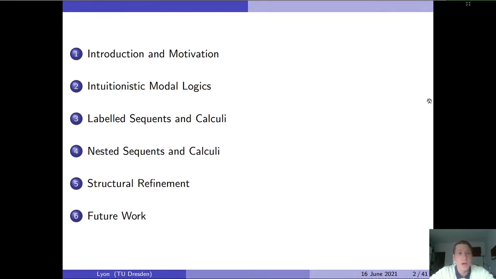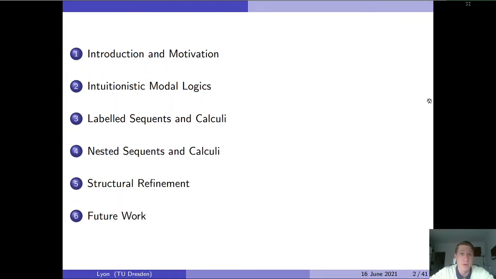So just a quick overview of the talk. What I'll be doing next is I'll give a very quick introduction to the uses of intuitionistic modal logics, as well as talk about their proof theory, and also talk about an open problem which was put forth in a 2014 paper by Lutz Strassburger and Sonia Marin concerning the construction of cut-free nested sequence systems for certain classes of